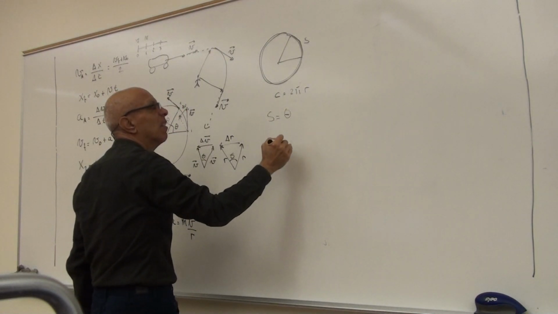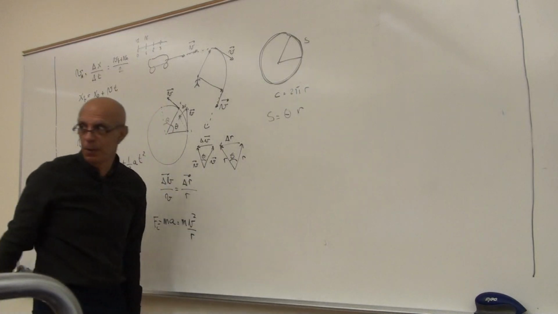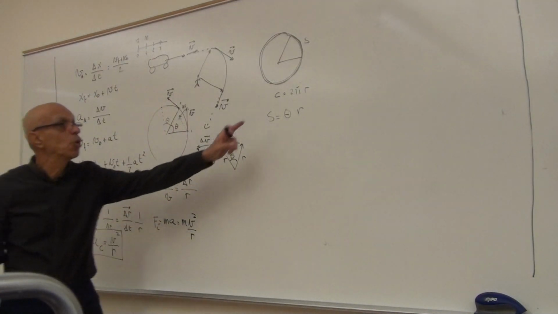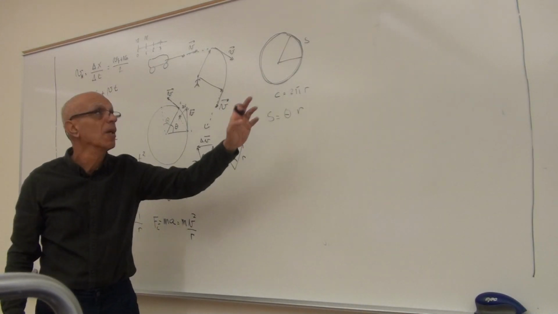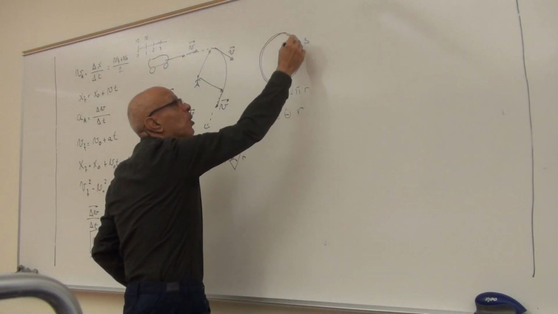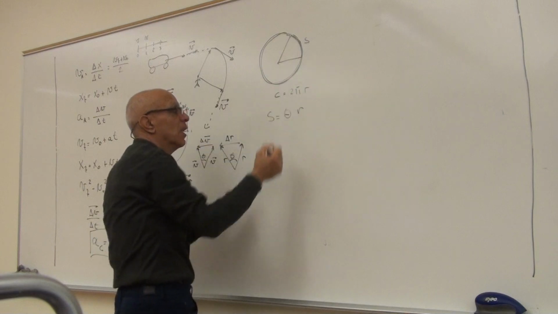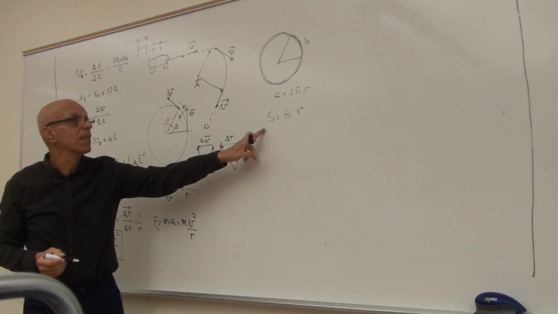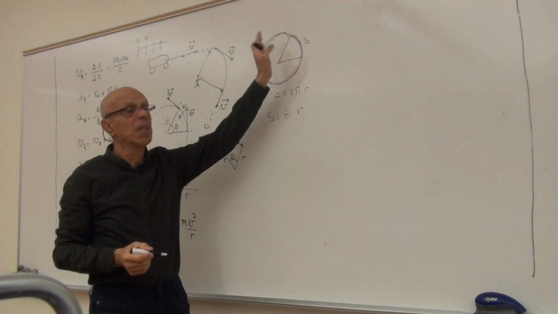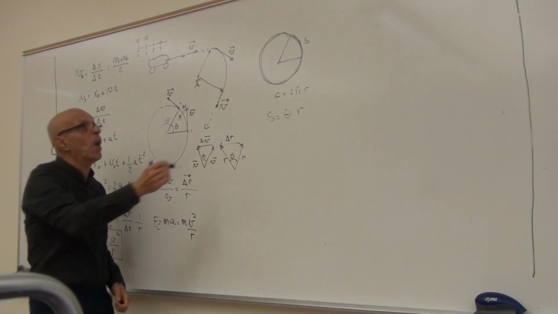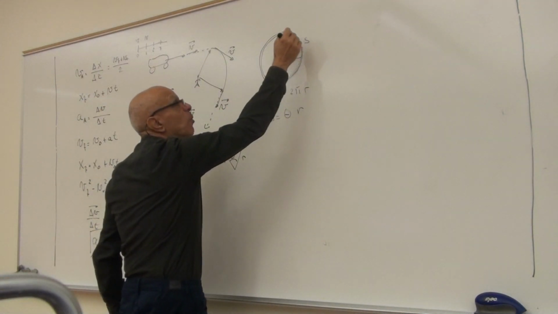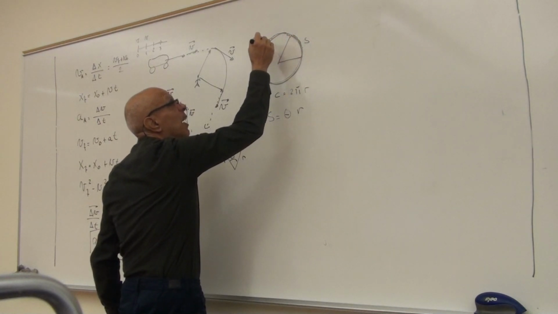Theta r, okay? 2 pi is the whole circle. If I'm talking just about one arc here, with the distance S, it's going to be a fraction of all that. Now, if I want to describe how this thing is moving this way,